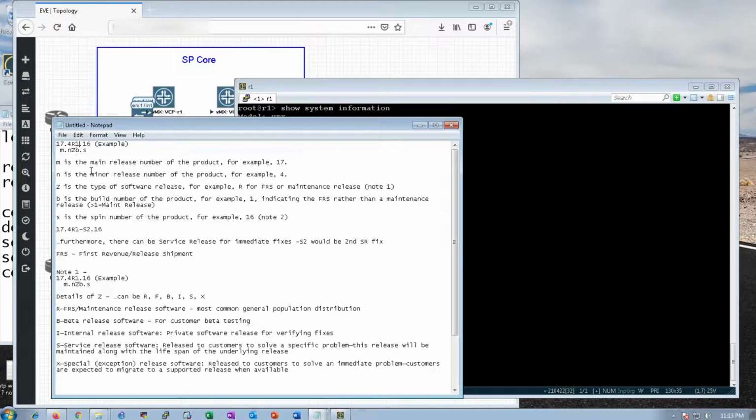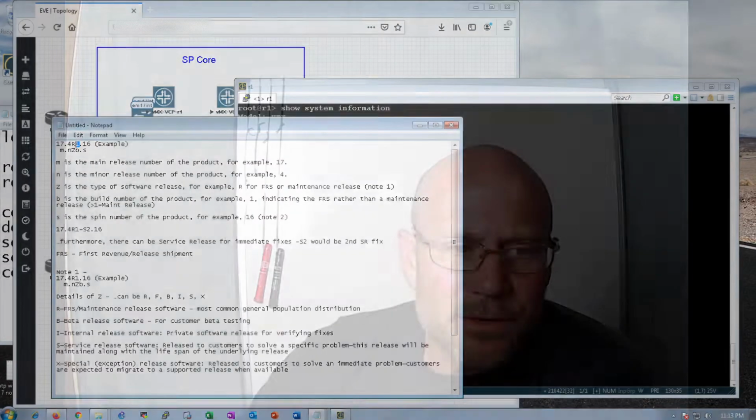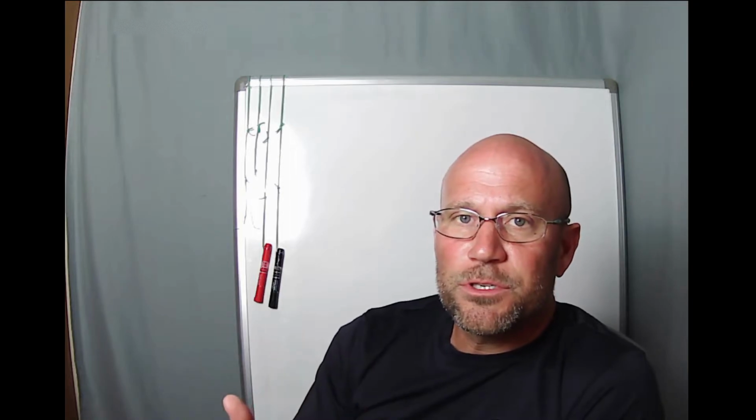And the number 1 signifies whether it is in fact the FRS or a maintenance release. What do I mean by that? What I mean is the letter R with a 1 after it means it's the FRS. It's the first revenue shipment, or the first release shipment, of that version of software, 17.4. Now, if it was 17.4R1, it's the first one, there's been no maintenance release fixes in